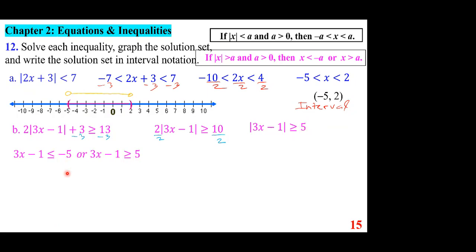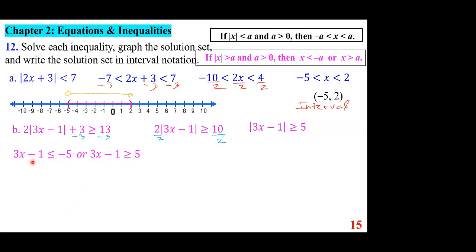By the way, it's important to pay attention to the endpoints. Do we have equality or not? If by any chance this A is negative, absolute value of X larger than a negative number, it's always the case. So there are infinitely many solutions. All real numbers work. If A is negative for this case, all real numbers. All right, so having said that,